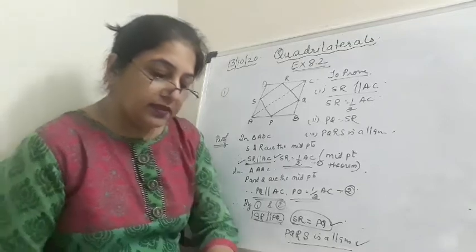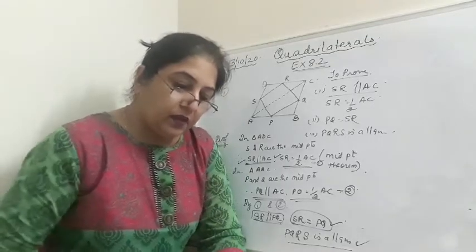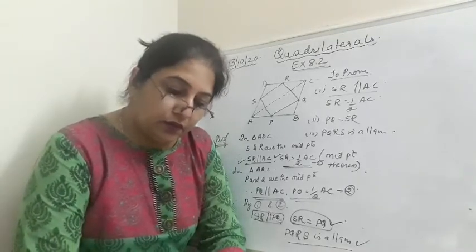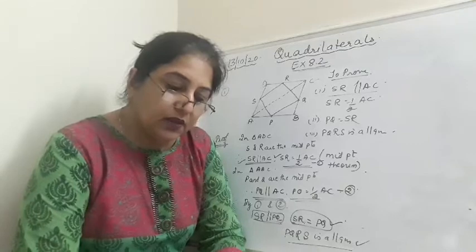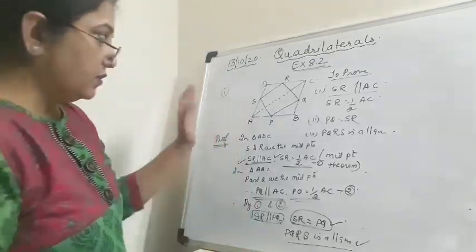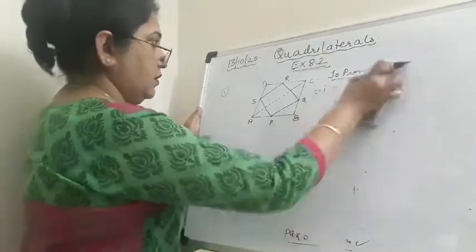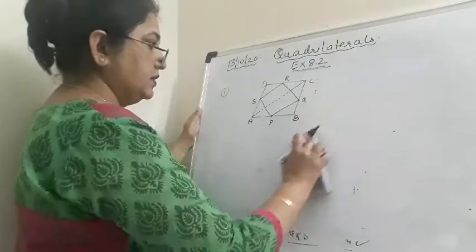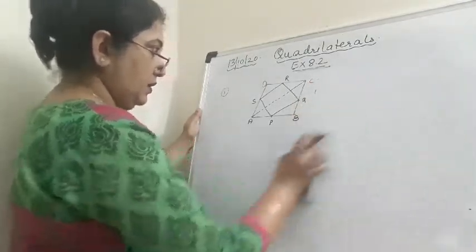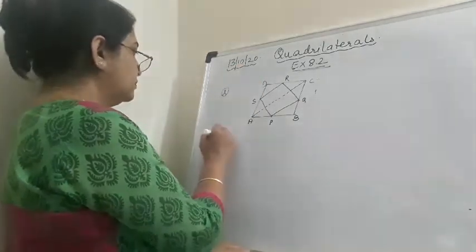We will now solve question number 2. Question 2 says that ABCD is a rhombus, and P, Q, R, S are the midpoints of the given sides. Show that the quadrilateral PQRS is a rectangle. So the figure will be similar to this, the same figure. We'll write, given: